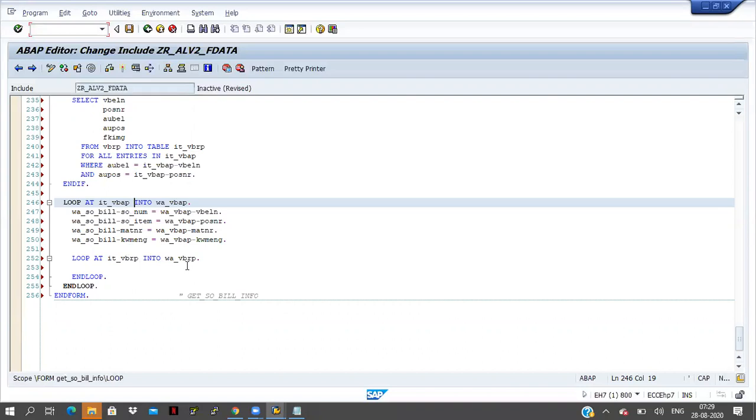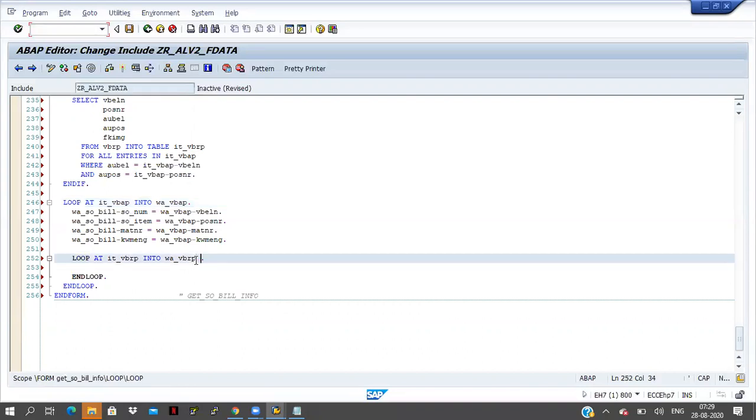Here I will give one condition where AUBEL equal to work area VBAP VBELN and AUPOS equal to work area VBAP POSNR.